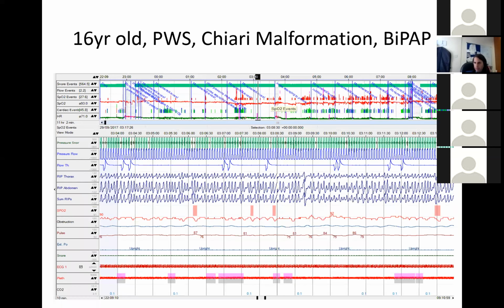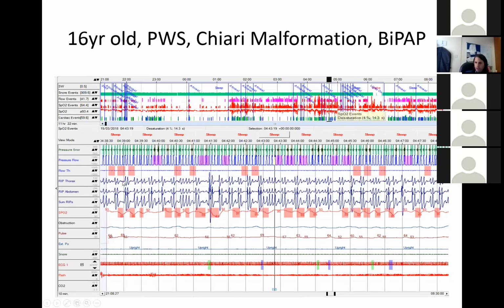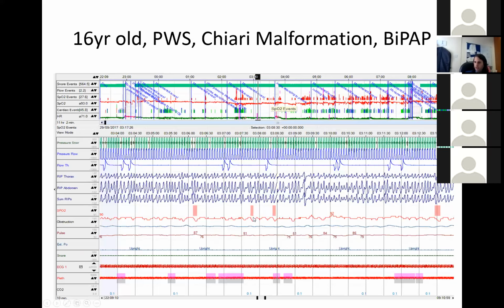And lastly, this was a 16-year-old girl with a Chiari Malformation. She was on BiPAP. This was her study a few months prior. You can see a very nice SATs trace, the odd desaturation due to a reduction in flow, but not very many. A few months later, she came in, and I was shocked to see that she was having all these central events. So you can see that the whole of the traces are flat, lots and lots of central events causing lots and lots of desaturations. And the number of desaturations, this is one section of the study, is huge compared to before. You can see just the odd one.